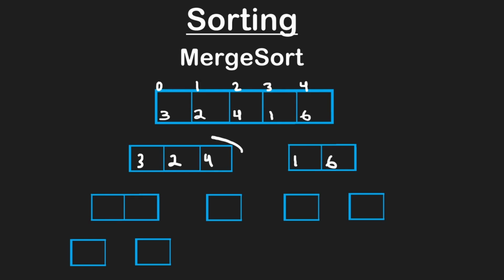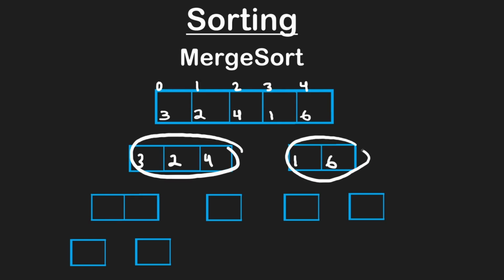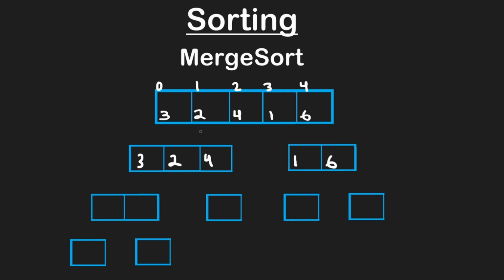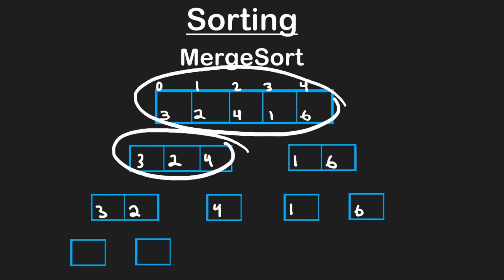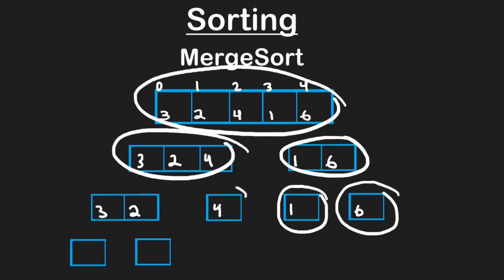But then for these subarrays, we also have subproblems. We can split this array into half, the first half and the second half, and sort those portions of the array before we sort this original array. And the same thing for here. You can see that since we have a natural way of splitting this into subproblems, until of course we reach the base case where we just have subarrays of a single element, like down here as well, this problem naturally